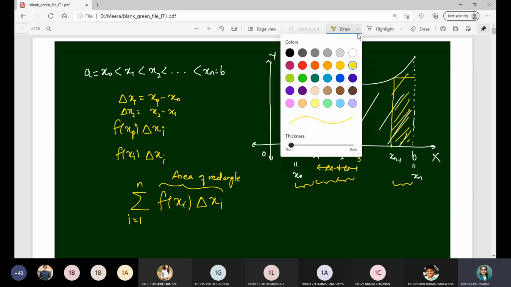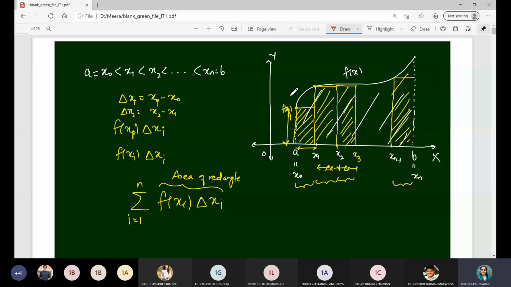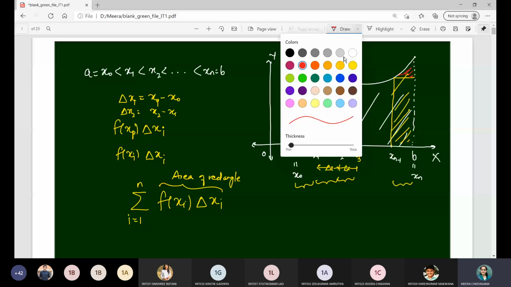To minimize this error, what we'll do, again you can see that D2D students, please look at this carefully. Suppose I further partition this interval into two parts. That means the first subinterval we divide again into sub-intervals.